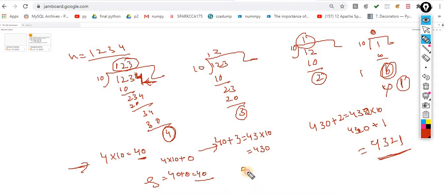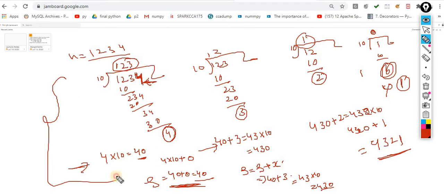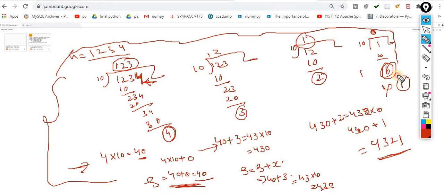Now in the next time, s is equal to s plus x, multiplied by 10. Now what is happening? I am getting s as 40 plus this remainder, which is 3. That becomes 43, and then I am multiplying it to get 430 for the next iteration. So you have to take care of this. This is the mathematics behind the entire scenario, whatever the problem statement. I explained it mathematically. Now the question is, how can we convert it into a programming language?